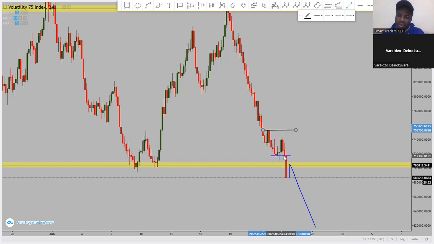This is a lower low. So price came and created that lower low, but now as it pushed, it never even reached this lower high. So for us to fully say the market is now bullish, it has to come and break this lower high. Once you see the market breaking the lower high like that and making a higher high there, that's where we can say the market is now bullish.